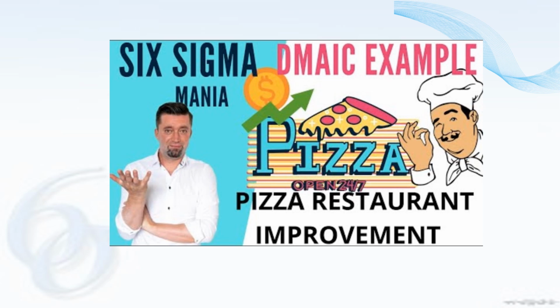One example of DMADV is its use in the food industry. In a food industry project, you might be tasked with designing a new low sugar snack. The define phase would focus on identifying the customer preferences for taste, texture, and nutrition. Then we measure for the low sugar snack: measure market data, customer feedback, and health regulations to determine the necessary